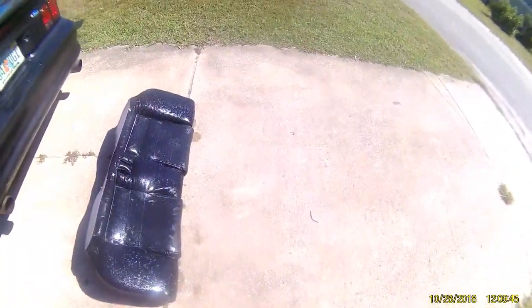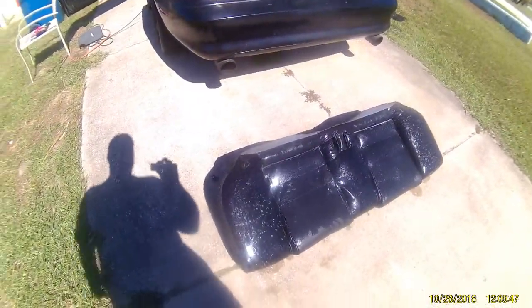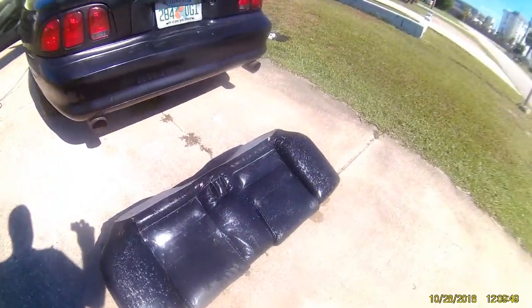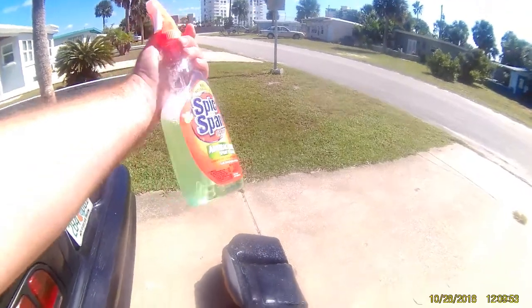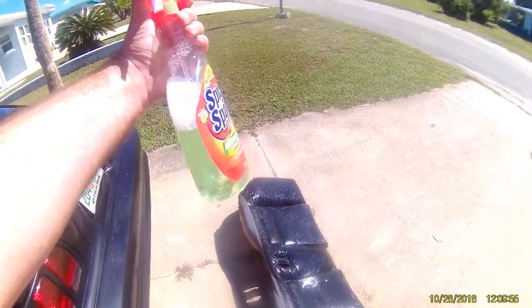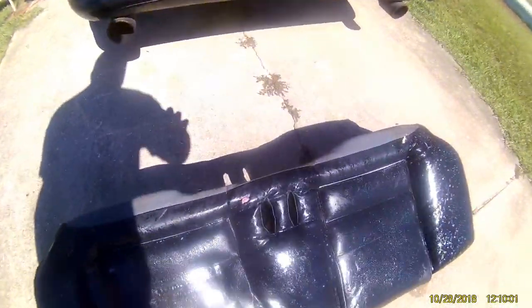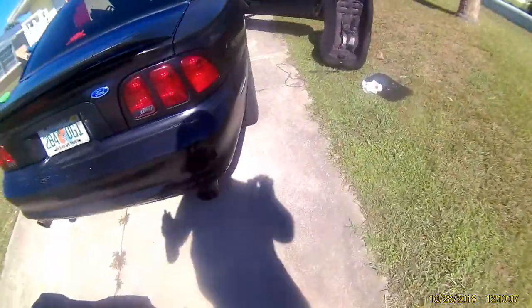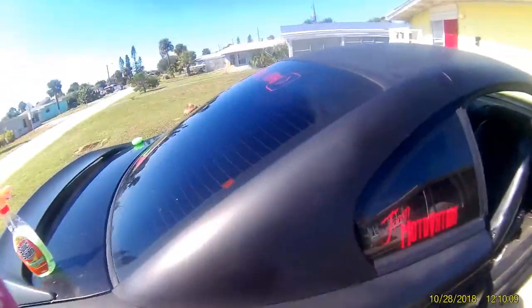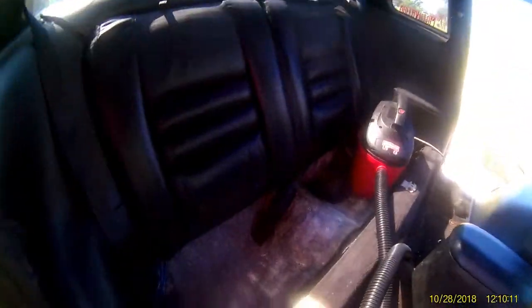Alright, something I wanted to go over with you guys. I got my back seat out and I got it sprayed down. It's just some really soft, watered down antibacterial cleaner. I got some conditioner and stuff I'm going to put on it, but with kids, as you can see, I got stuff stuck all around, stickers and stuff. But what I really wanted to point out is, it's pretty disgusting, but having kids,